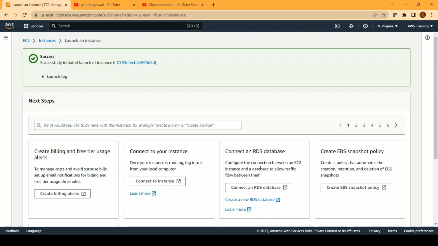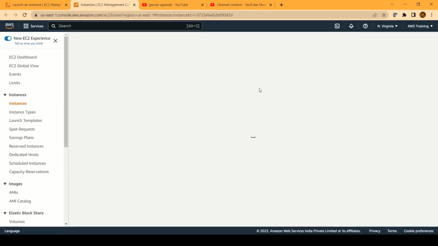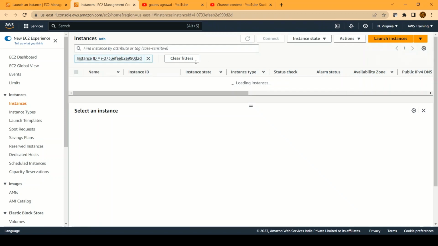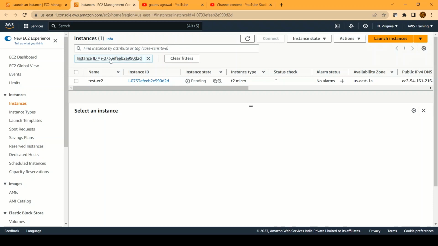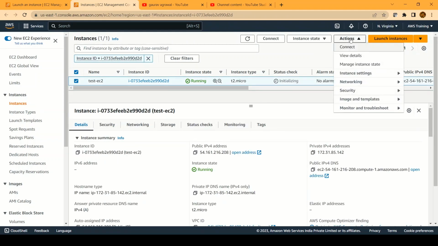Now, in the new version of this UI, you will see an option here also to connect to a database. Okay, but we will skip this part. We will go via the standard way so that even if that option is not visible, we can connect to a RDS. So once you click on that link, then you will see a new tab opened and you will see your instance. Select this instance and go to actions and go to networking